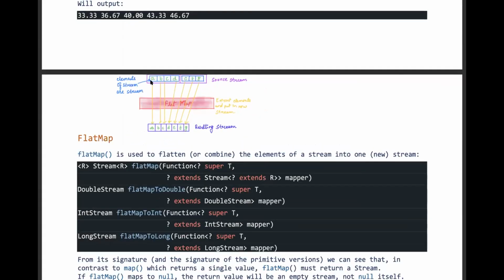So let's say you have a stream, and that stream has, like you mentioned, a word. So A, B, C, D, this is one string. E, F, G, this is another string. Okay. So this is one string only. Now, if I want to convert this stream of strings into a stream of characters, then I